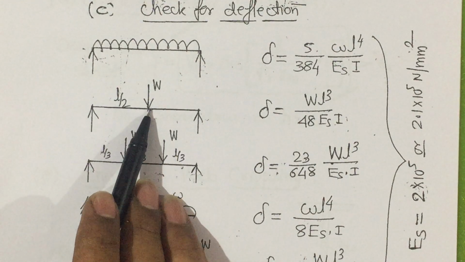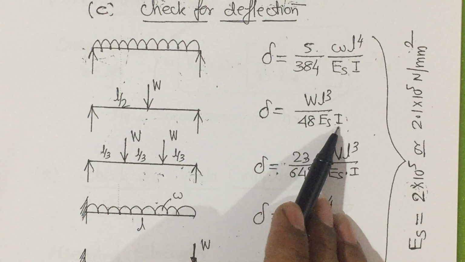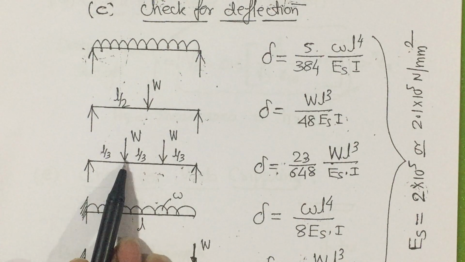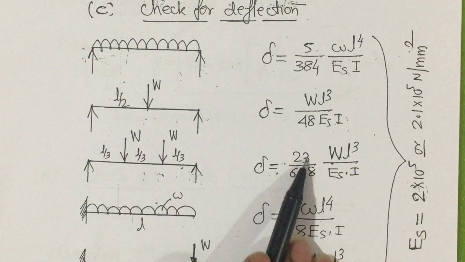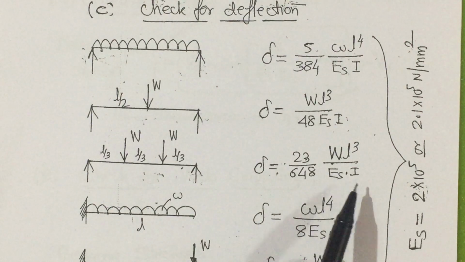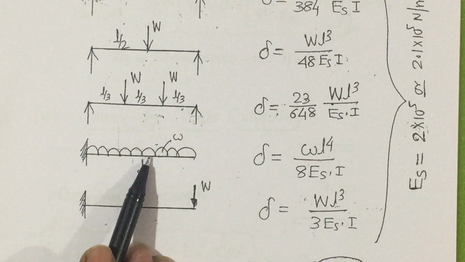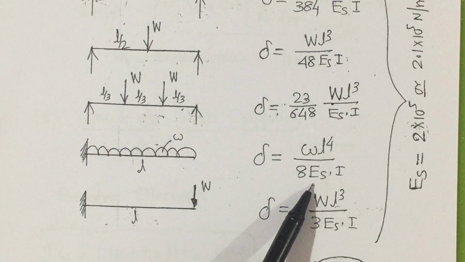For a simply supported beam with a point load at the center, delta is equal to WL cube divided by 48 EI. Then for a simply supported beam with two equal point loads acting at 1/3 of the distance, delta is given by 23/648 multiplied by WL cube divided by EI. For a cantilever beam carrying UDL over the entire length, delta is given by WL to the power of 4 divided by